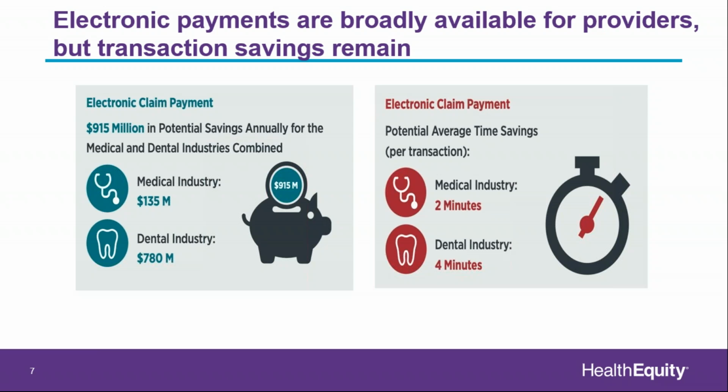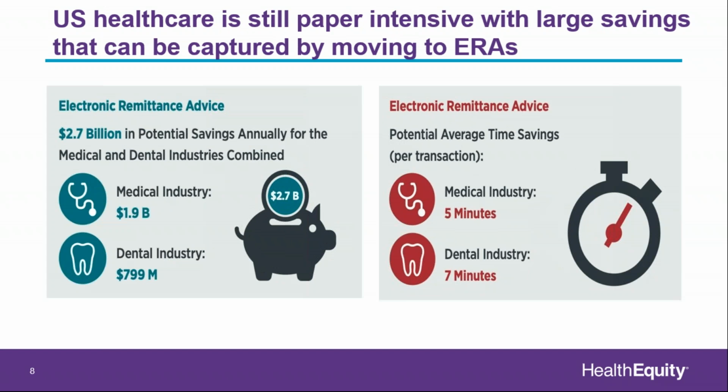Similarly, on claims, if we go to the next slide on the remittance advice, 835 is the standard electronic remittance advice for healthcare and dental, and you can see just how much paperwork there is still slogging around healthcare. They estimate that there's $1.9 billion in savings for provider organizations by pushing their health plans and other payers that they work with to move to an electronic form, because